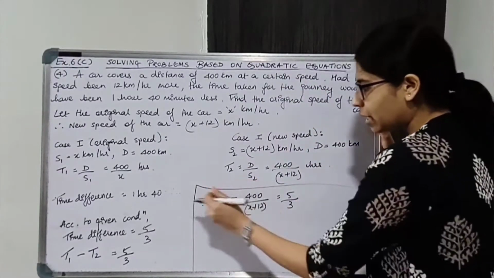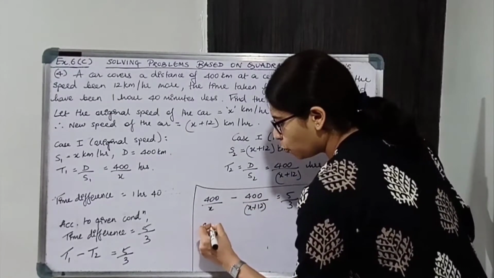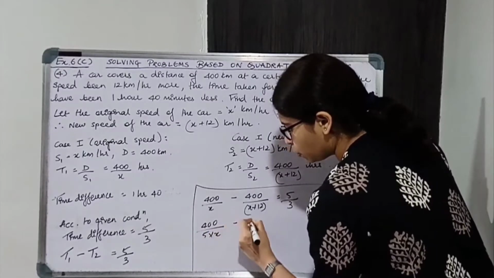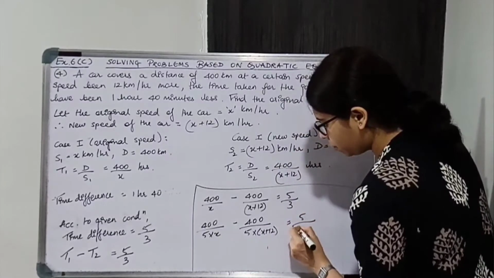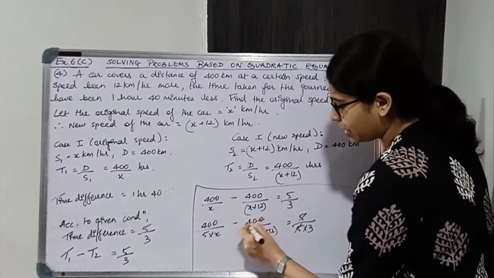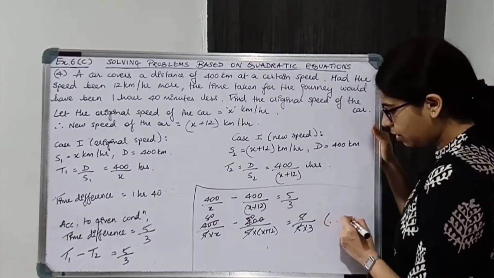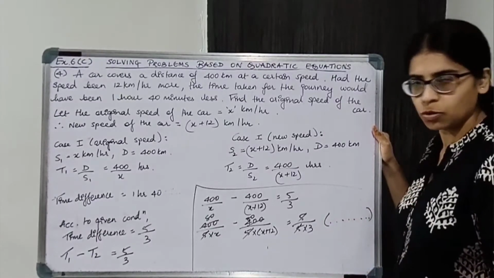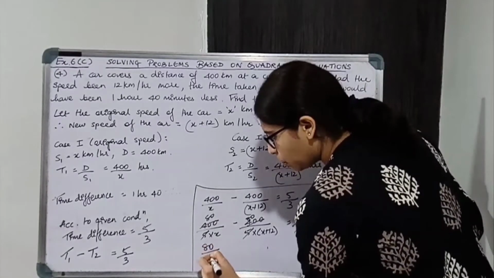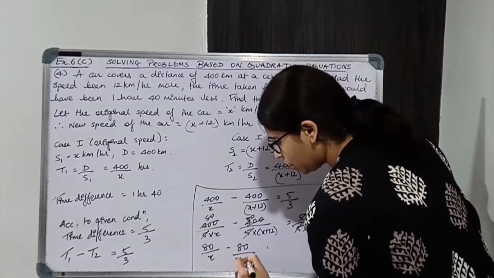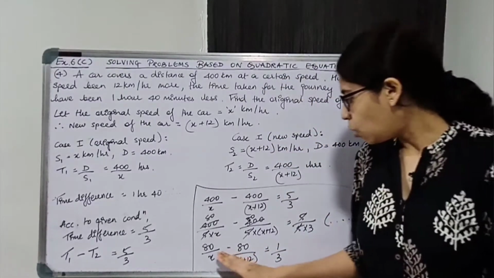ठीक है, सो न्यूमरेटर से निकालना है तो डिनोमिनेटर में सब जगह पे 5 5 5 से मल्टीप्लाई करेंगे. सो 400 अपॉन 5 इंटू एक्स माइनस 400 अपॉन 5 इंटू एक्स प्लस 12 इज इक्वल टू 5 अपॉन 5 इंटू 3. 5 5 गेट्स कैंसल्ड, 5 8s and 0, 5 8s and 0. All right, you have to give reason dividing by 5 throughout. Okay, or multiplying by 1 by 5 throughout. All right, so we'll get 80 upon x minus 80 upon x plus 12 is equal to 1 upon 3. Okay, now we'll solve this.